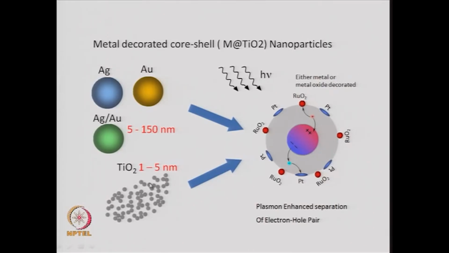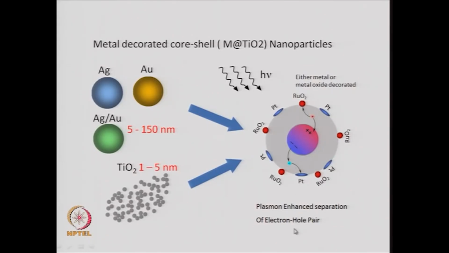The smaller the particles the better, you will have higher catalytic property, the efficiency will be high. So, if you have small particles of TiO2 and you make a shell around the metal nanoparticles, then you will get a structure like this. That will be a core shell nanoparticle, but in this case it is a metal decorated core shell. That means, on top of the TiO2 you again have either some metal or metal oxide. You can choose one of them, and depending on that